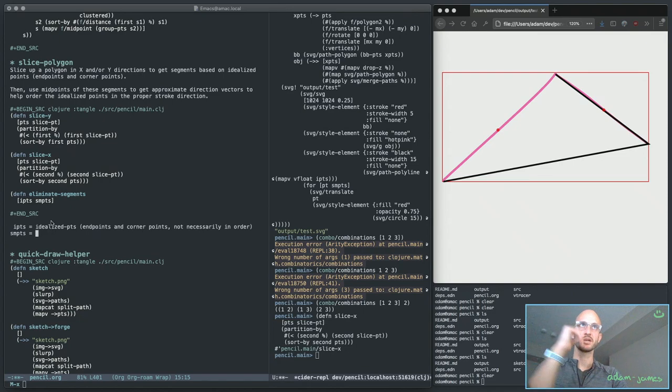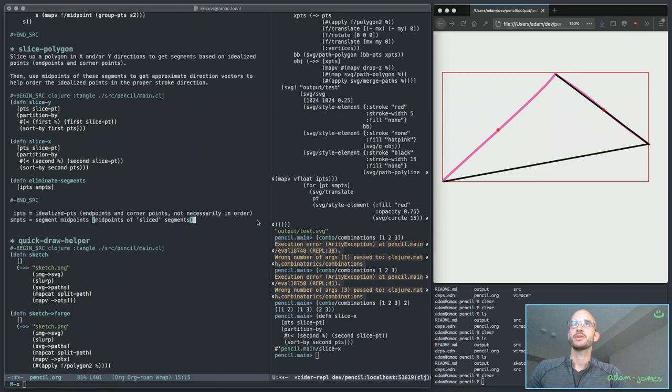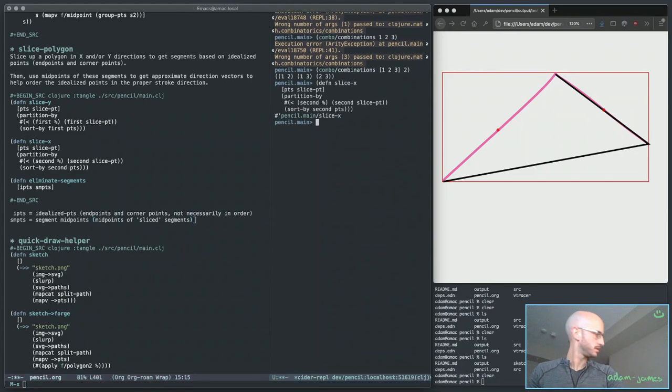I just am making a note so I don't forget what I even meant with that. Segment midpoints of sliced segments. Does that make any sense? It might, but I'll think about that again after I